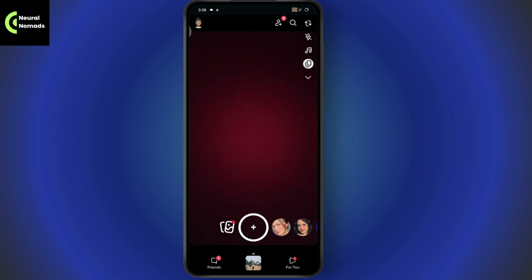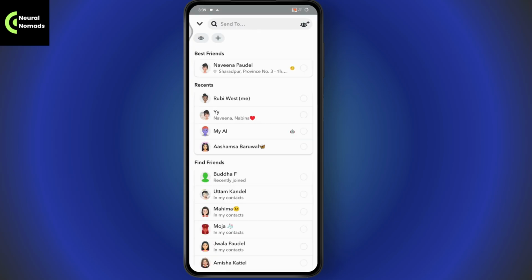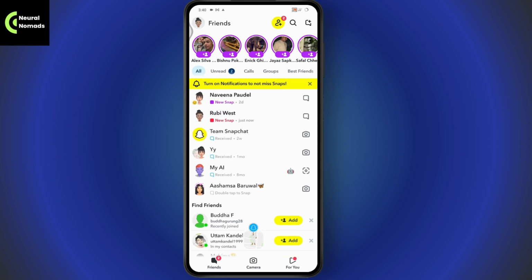So tap on multi-snap and then take snaps, and as you can see, I've taken 20 snaps. And after taking 20 snaps, now you can go with the send option, which is on the bottom right, and select the person that you would like to send to. So in this way you'll be able to increase your snap score fast, or that's how you can spam snaps